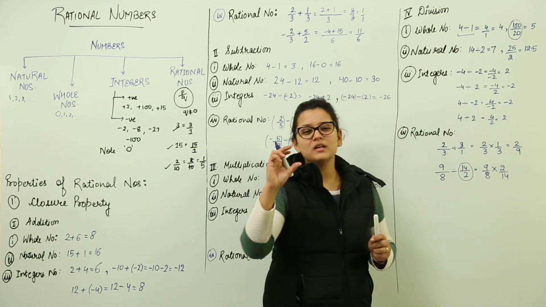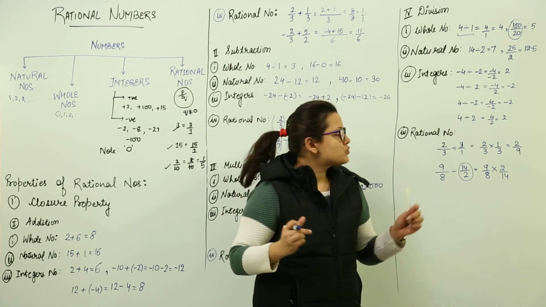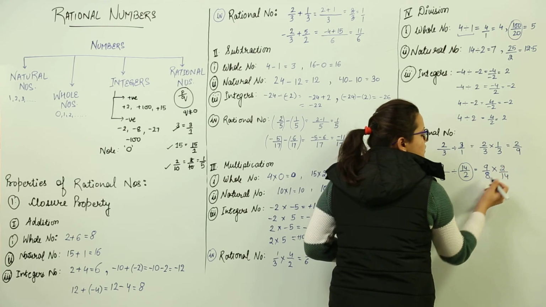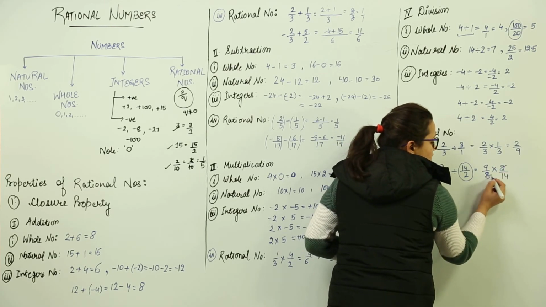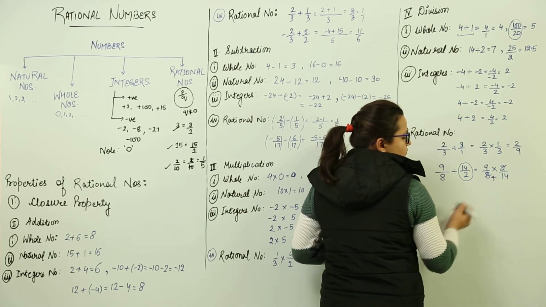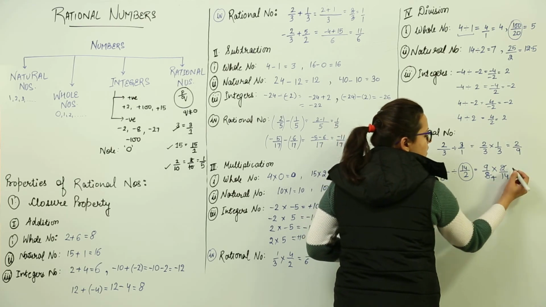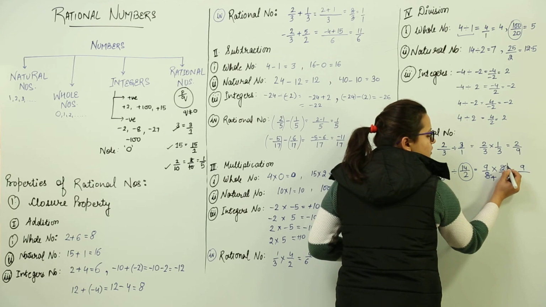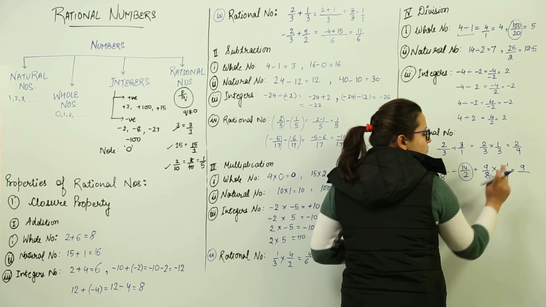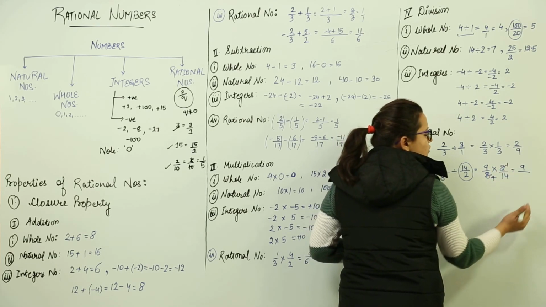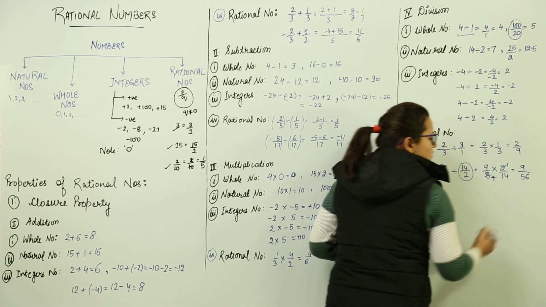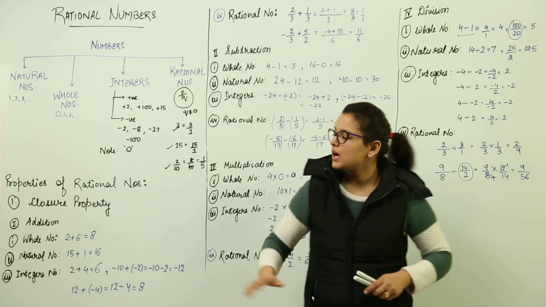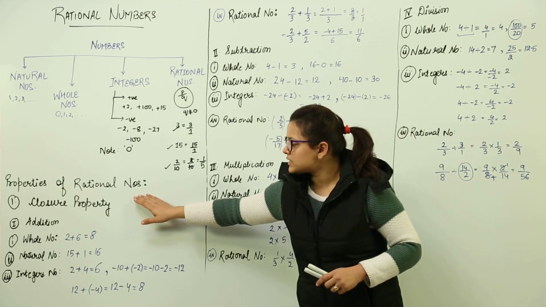But that would make it a little difficult. So what I would prefer is that you simplify here itself if the simplification is possible. Say this can be cut. No more cutting is possible. So we will write the answer now. 9 into what are we left with here? 1. 9 into 1 becomes 9. And what is 14 into 4? 56. Understood? So these were the cases under the properties of rational numbers.